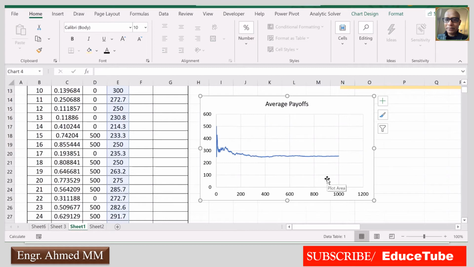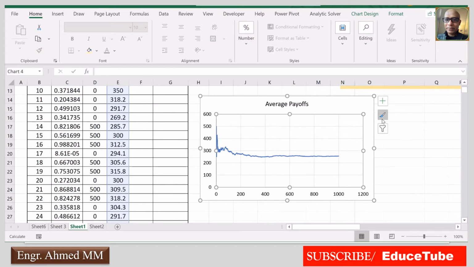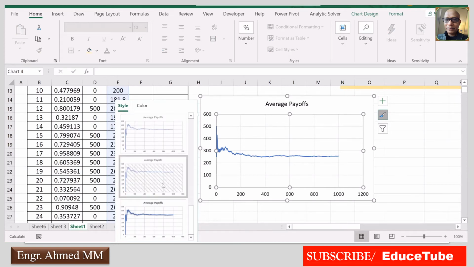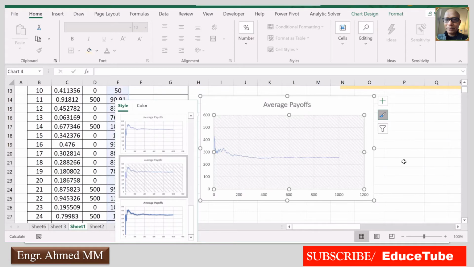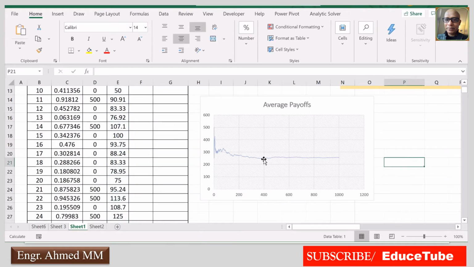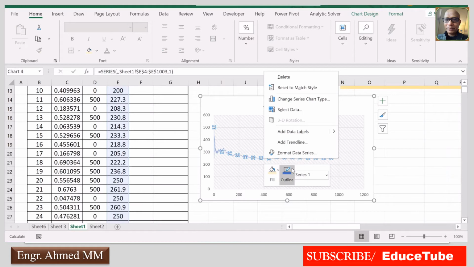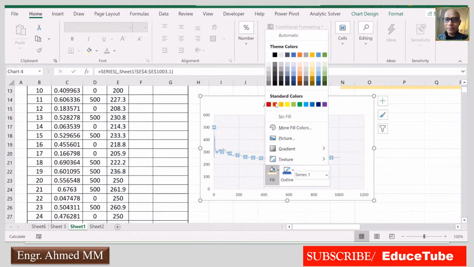or even though I can change this graph style also, I can change this. Say I want to get something very good style. Say I want this. Not only that, I want this to be very like this one.